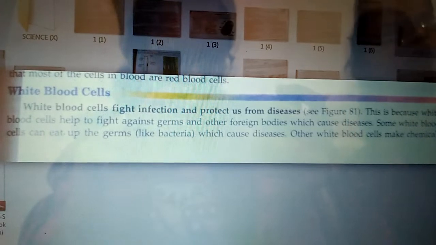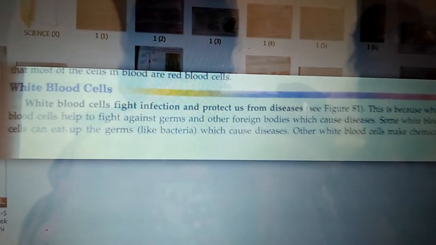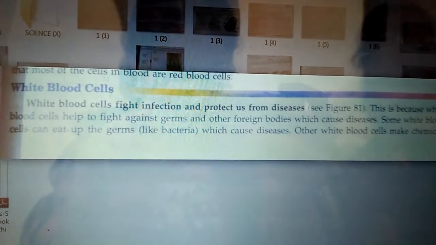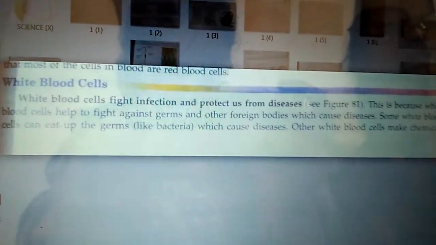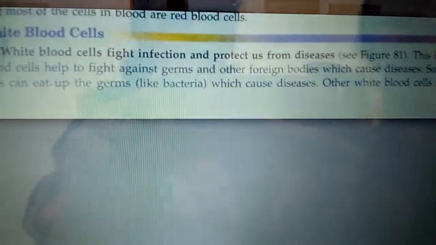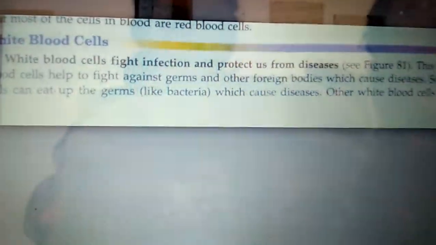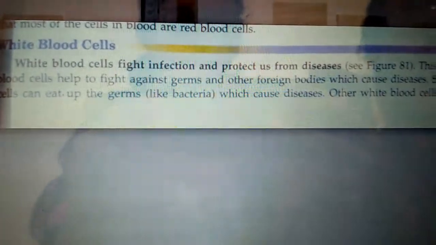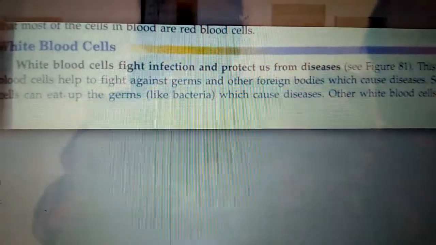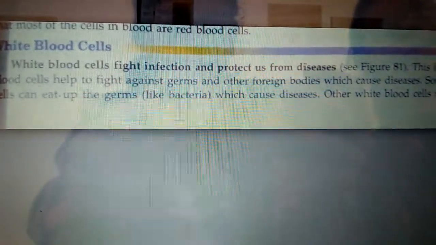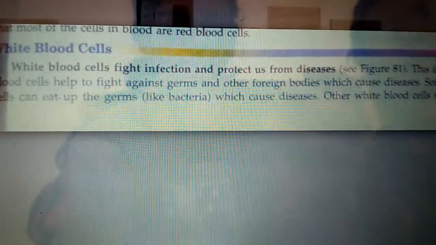White blood cells are irregular in shape. They do not have any fixed shape, but they contain a nucleus. RBCs में न्यूक्लियस नहीं था, WBCs में न्यूक्लियस है. RBCs are biconcave in shape, WBCs do not have any shape. RBCs carry the oxygen, white blood cells kill all the viruses and bacteria in our body and increase our immunity power.